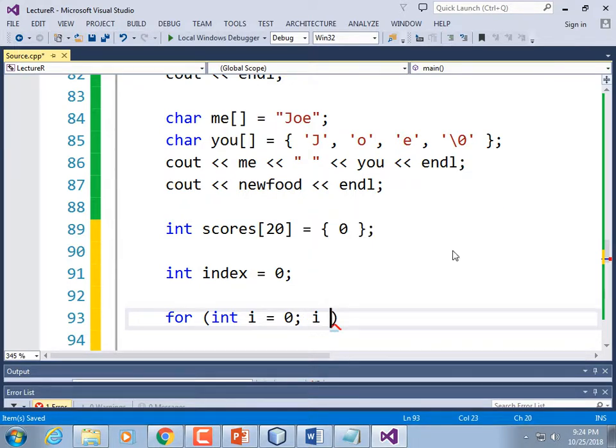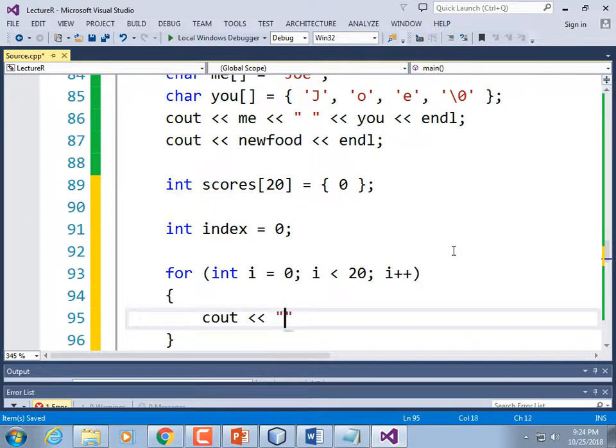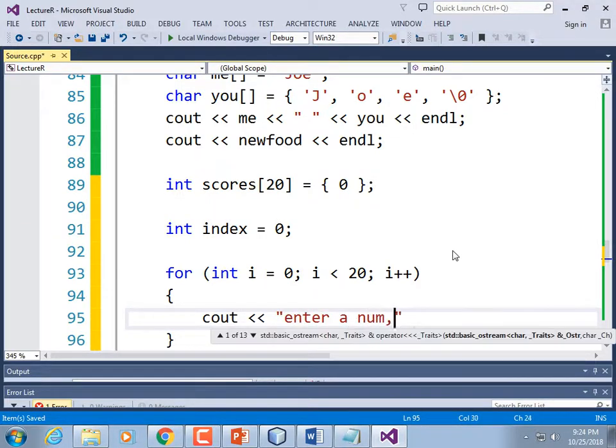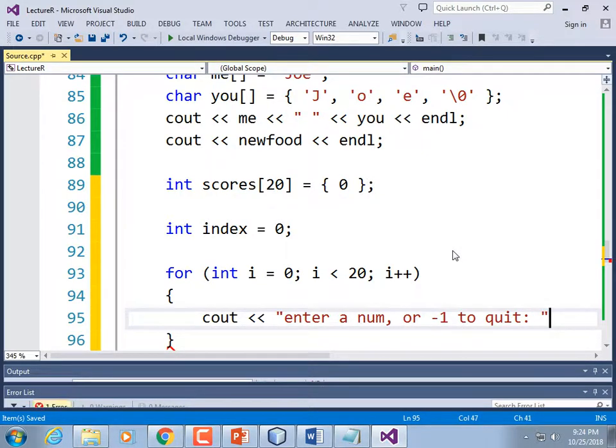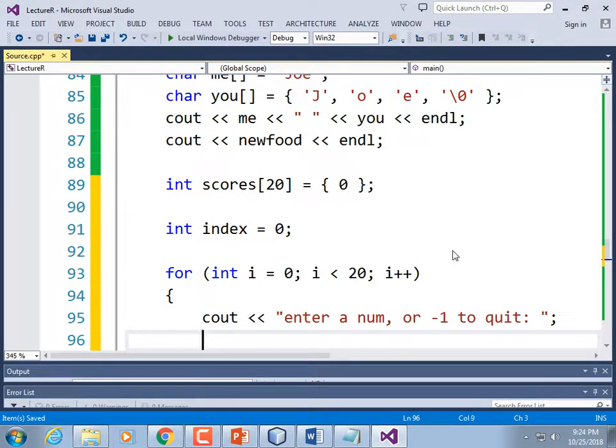I'm regretting the name index there; I'm going to change that in just a minute. i less than 20, i plus plus. Now let's cout to ask for a number: cout "Enter a num or -1 to quit: ";